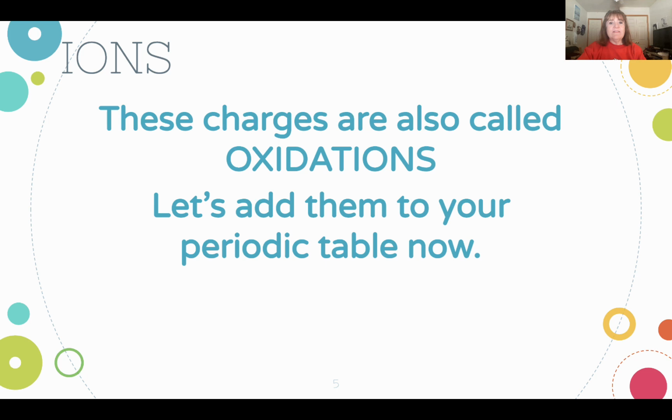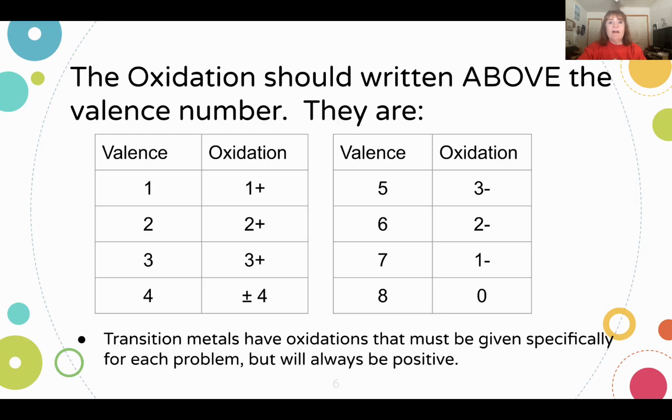Ions, right? These charges are also called oxidations. And we're going to add them to your periodic table now. So be sure you grab your periodic table. Oxidation numbers should be written above your valence numbers. And so they are, a valence of 1 has an oxidation of 1 positive, 2 is 2 positive, 3 is